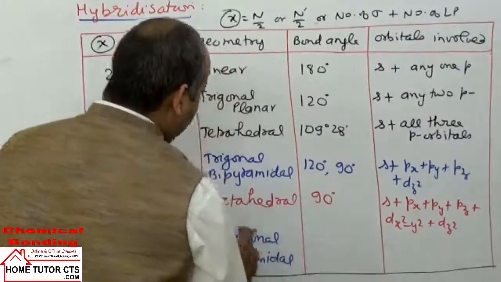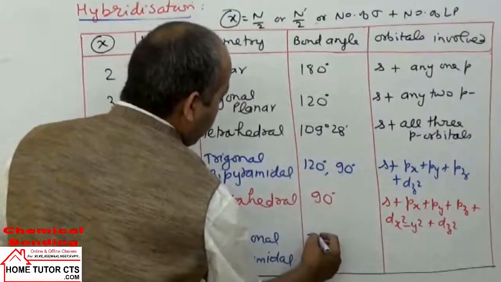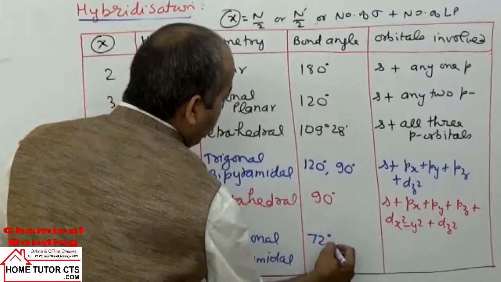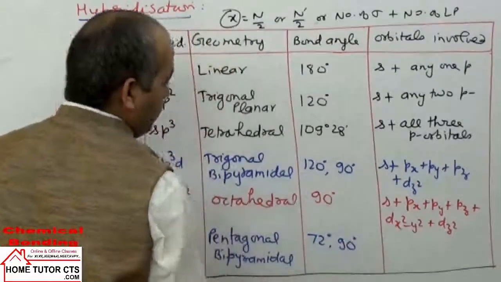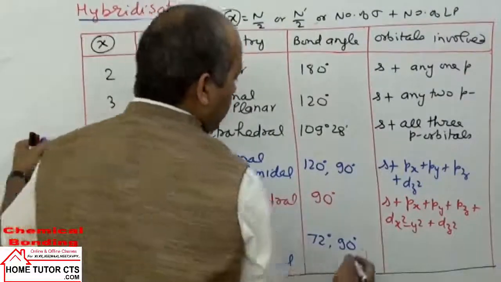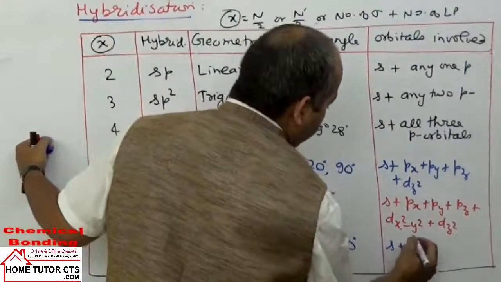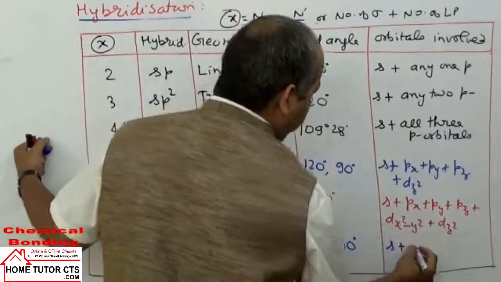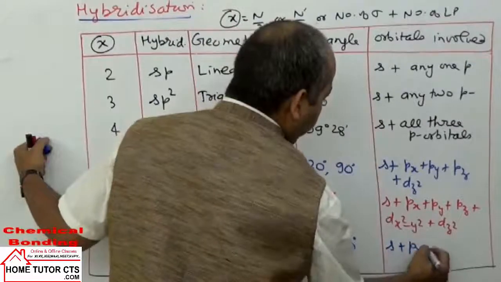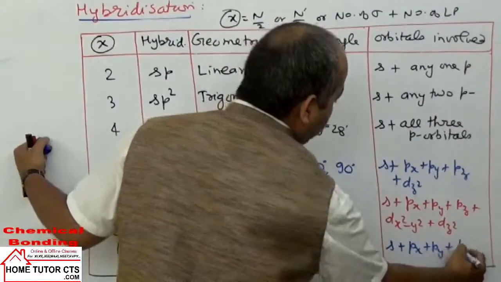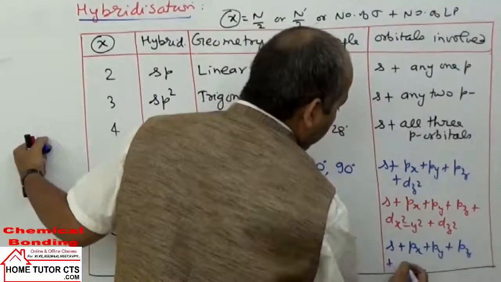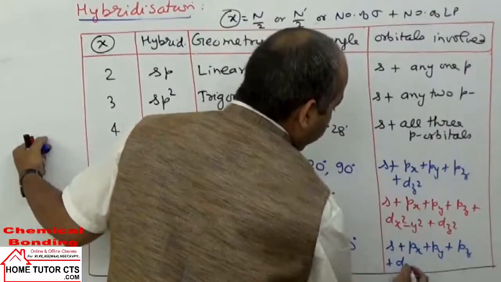They have bond angle taken two types, 72 degree and angle of 90 degree. They involve which orbitals? 1s, all three p, px, py, pz plus dz square orbital